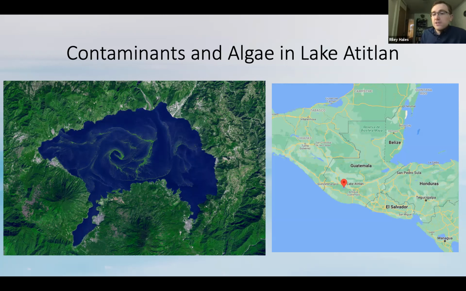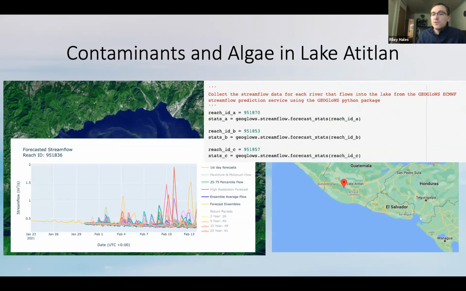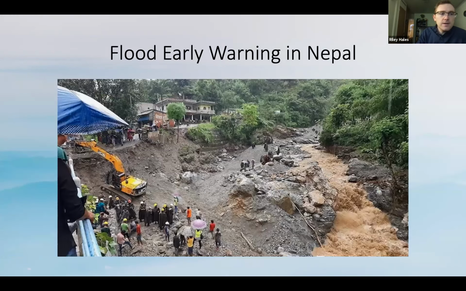And those researchers needed dependable streamflow data coming from a good hydrologic model since there was insufficient river gauging infrastructure around the lake. And so they used the GEOGloWS data because it was free and it was running in an operational environment, so it was dependable. And importantly, the data service that I described enabled them to get just the information they need, use our Python library to build and integrate it into their analysis scripts and help them move on with their research. I see I'm approaching my 15 minutes, so I'll wrap up quickly here.